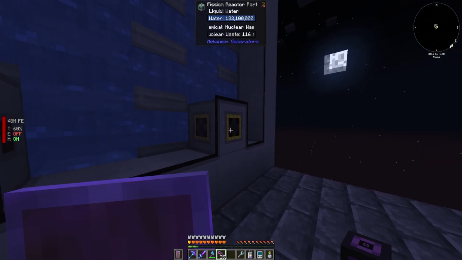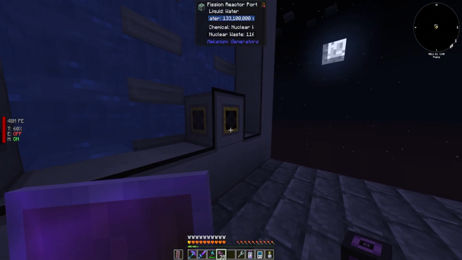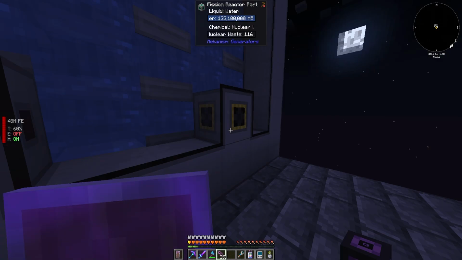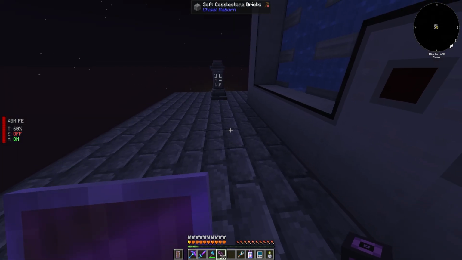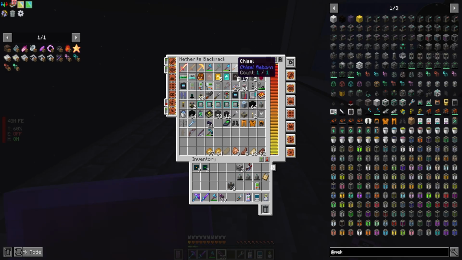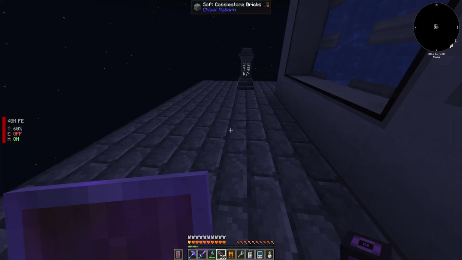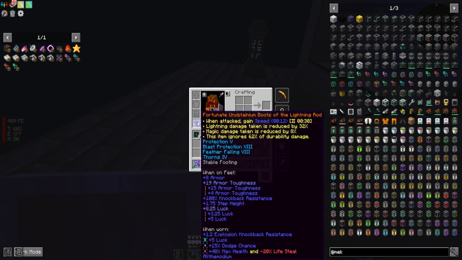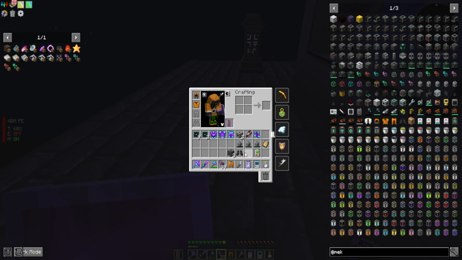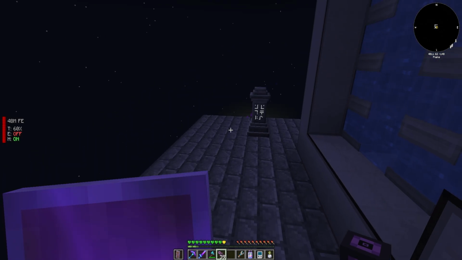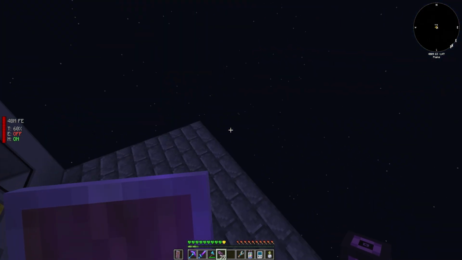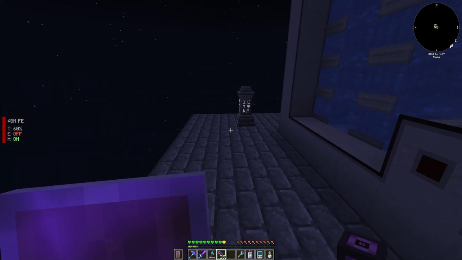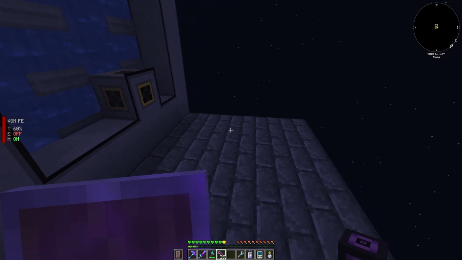Over here is where we're going to be getting the nuclear waste out. And this is where things are going to get a little tricky. I am going to... Shino, if you've ever watched me before, you know Shino gets a little silly when it comes to nuclear waste, and he causes some problems. So we're going to try to fix that in the beginning. Try to keep that from happening.